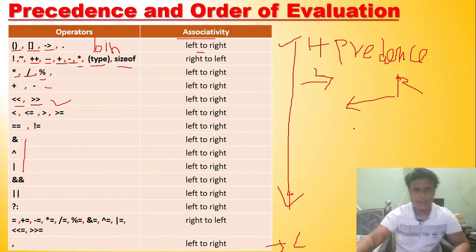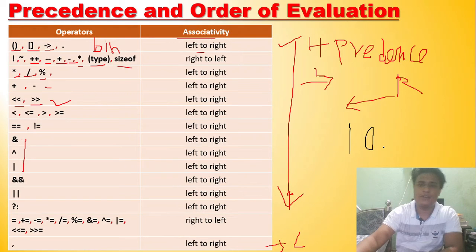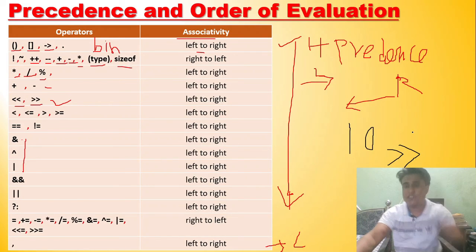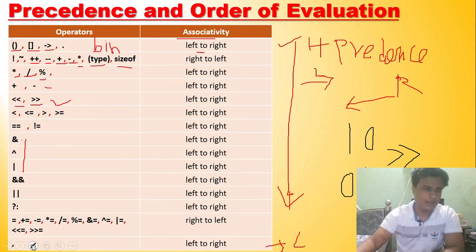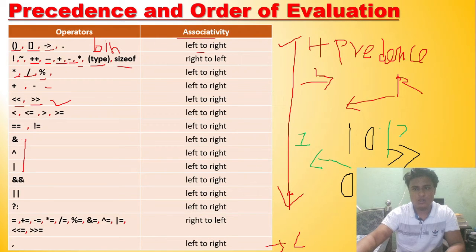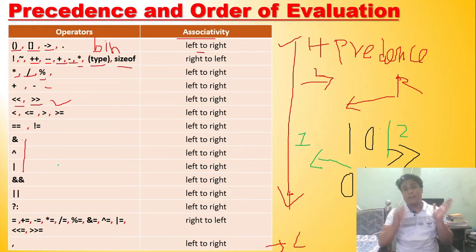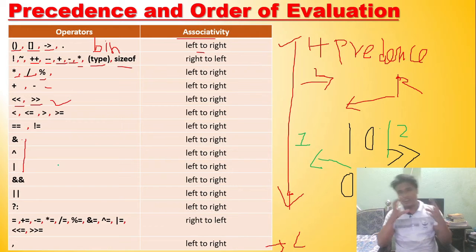Same way, suppose we write like this. Suppose there is binary number 1 0 again, this is 2. If you use right shift, what will it do? It will make it 0 1. 0 will be appended at the tens place and 1 will move to the unit place. So what is this? This is binary 1. By using the right shift operator, we are just dividing the number by 2. Okay. So just for a vague explanation, left shifting means multiplying the operand by 2, and right shifting means dividing the operand by 2. Just memorize it for right now.